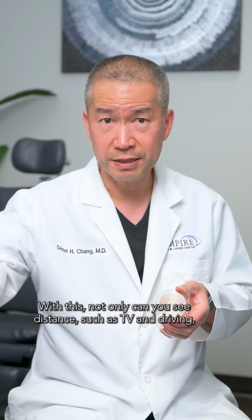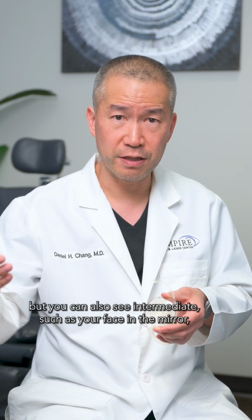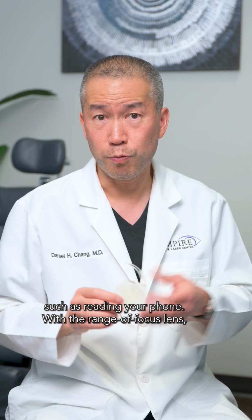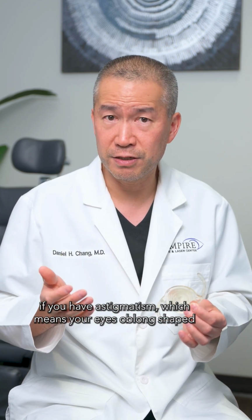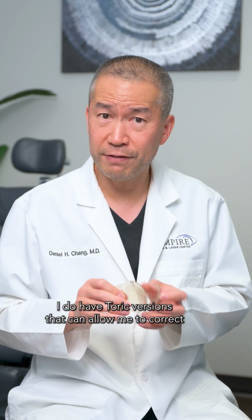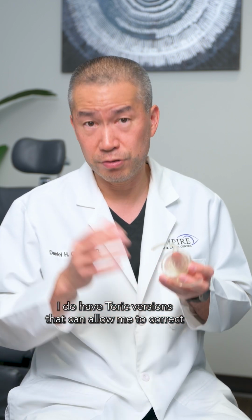Now, if you would like to wear your glasses less, there are other implant options like a range of focus lens. With this, not only can you see distance, such as TV and driving, but you can also see intermediate, such as your face in the mirror, your dashboard, your computer, and up close, such as reading your phone. With a range of focus lens, if you have astigmatism, which means your eye is oblong shaped like a football instead of round like a basketball, I do have toric versions that can allow me to correct that